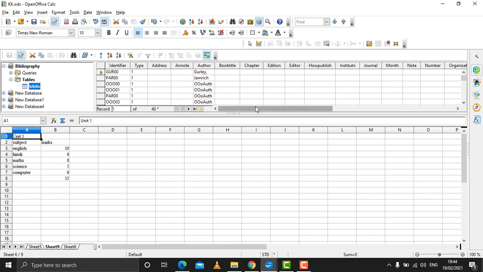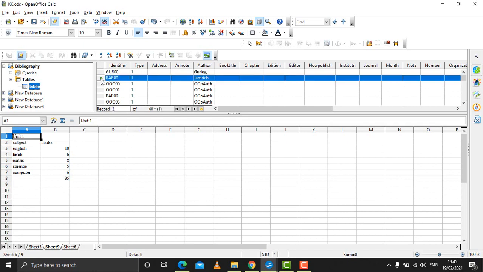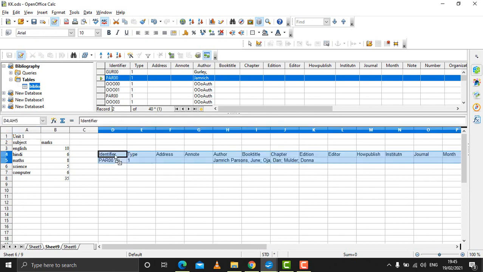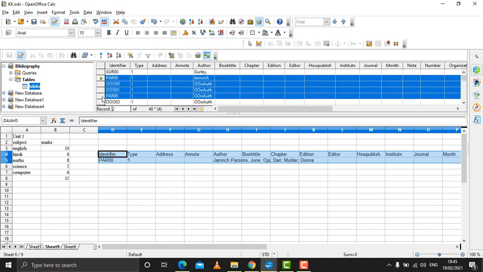So now you can import the data from this database to your current table. You can do a simple task. If you want the entire row, click here. The entire row will be selected. Drag and drop the row to your worksheet, and the data will appear here along with the header. Even if you want to import multiple rows, you can press the Ctrl key and keep on clicking these places. The rows will be selected, and after selecting all the rows which you want to add in your current table,